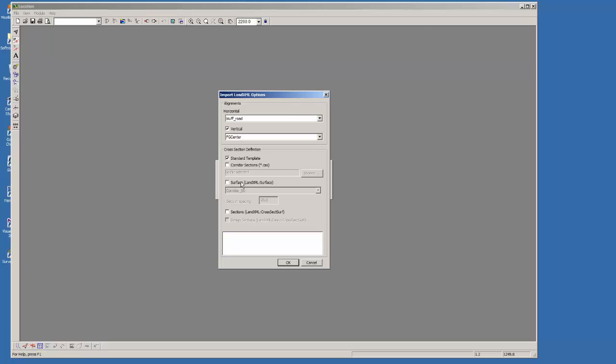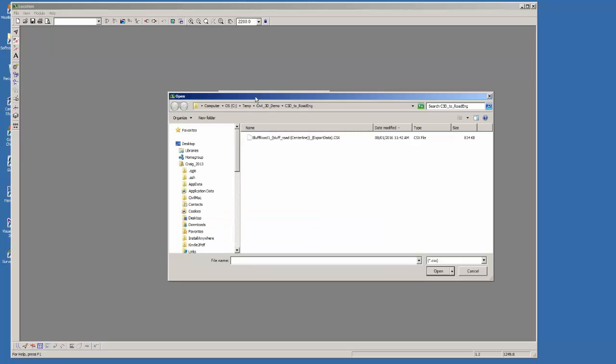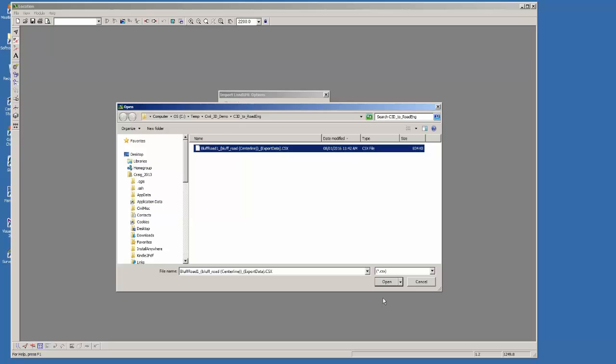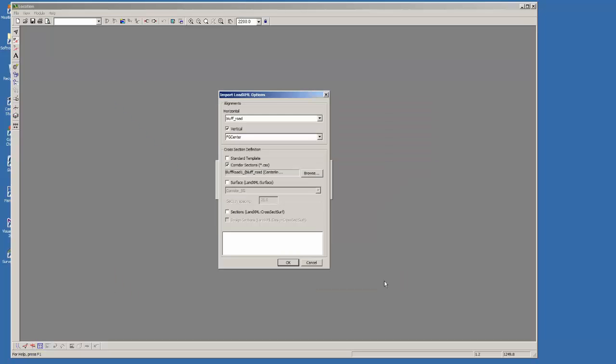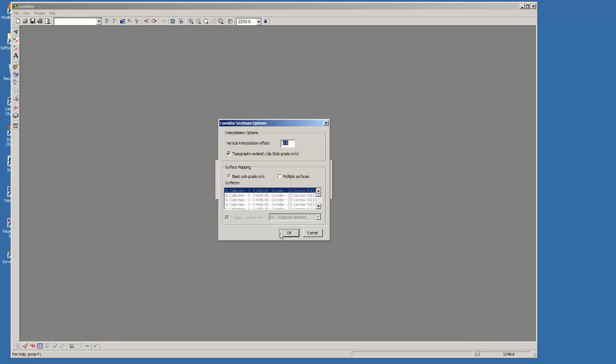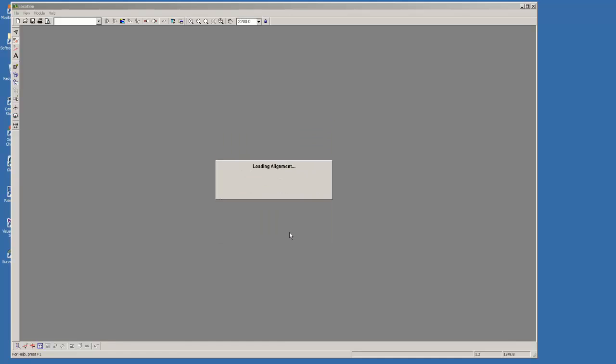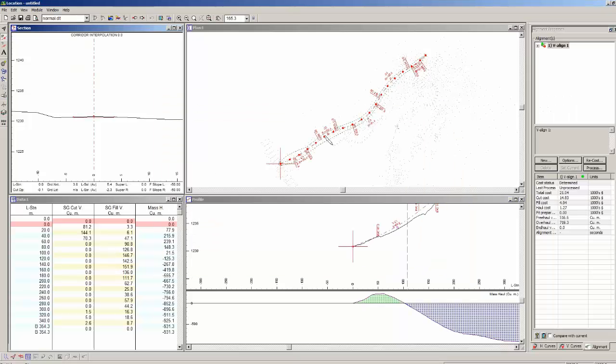We looked at standard template. We looked at the corridor surface or subgrade surface file. This is the final one, the CSX option, which now we specify a CSX file and read in the Civil 3D design. Some parameters here that probably don't have time to explain. Brings it in, and now we've got